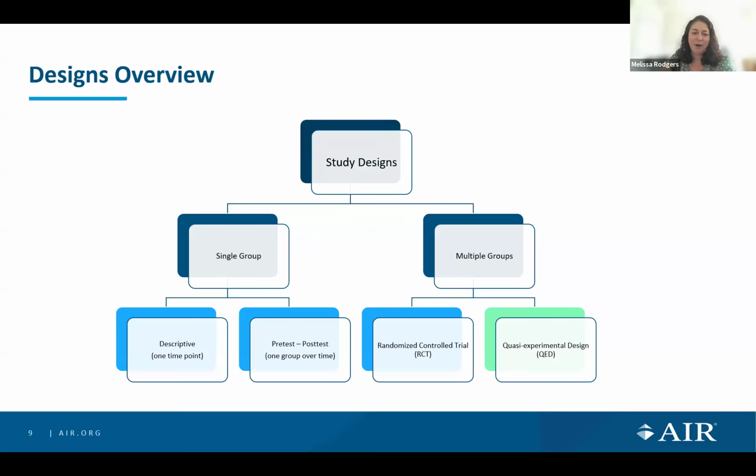Okay, so kicking it off with our design overview. The first differentiation is the number of groups that are included in a given study. So we've got single groups on the left-hand side and multiple groups on the right-hand side of this figure. The single group designs are focused specifically on the intervention group, or students who are recipients of the S-STEM project in your case. These can be descriptive, collected at one time point, which might report information on group experiences, implementation,